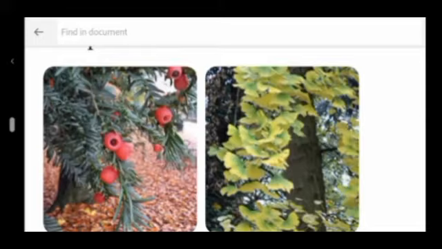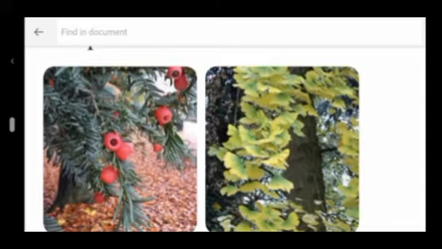Sporne in the year 1965 classified gymnosperms into 3 classes, 9 orders and 31 families. The classes include Cycadopsida, Coniferopsida and Gnetopsida. Cycadopsida, Coniferopsida and Gnetopsida are the 3 different classes of gymnosperms.